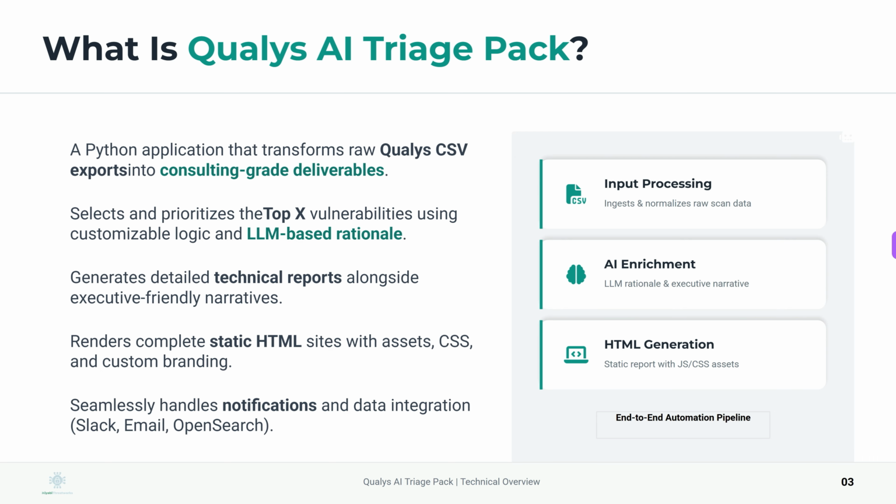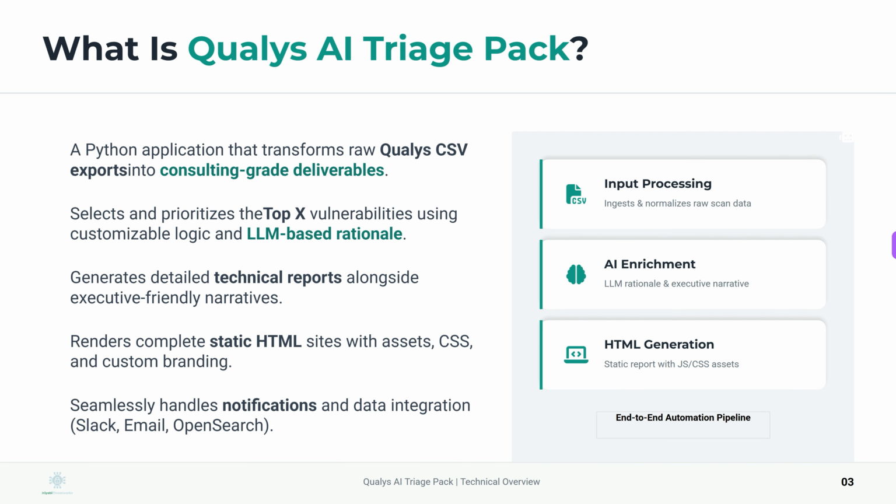And finally, the pack is designed for integration. It can handle notifications and data delivery through channels like Slack and email, and it can also integrate with systems like OpenSearch for indexing, searching, and building longer-term analytics pipelines. So overall, what you're looking at is an end-to-end automation pipeline. Ingest raw Qualys data, apply deterministic triage logic, enrich with AI rationale, and output professional deliverables consistently, repeatably, and at